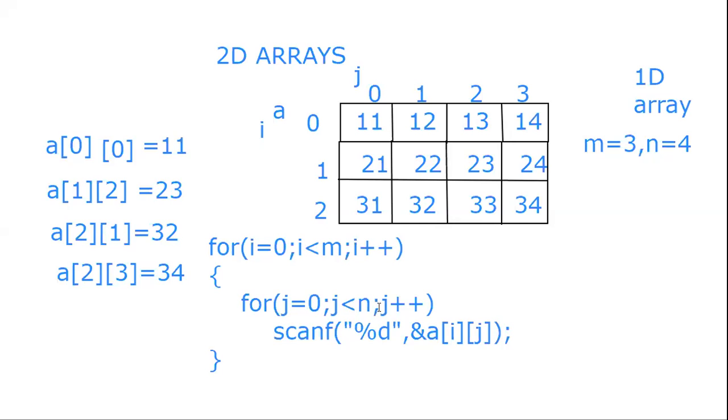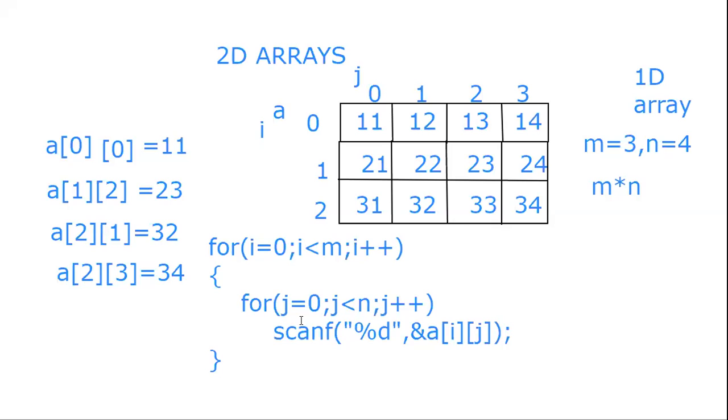So this will help us later. We need to enter 12 numbers so that it gets stored in the form of a matrix or a 2D array, right? So here we need to enter 12 numbers and it gets stored like this. So we are going to take input first for number of rows and number of columns. And how many elements is given by m into n. m is the number of rows and n is the number of columns.